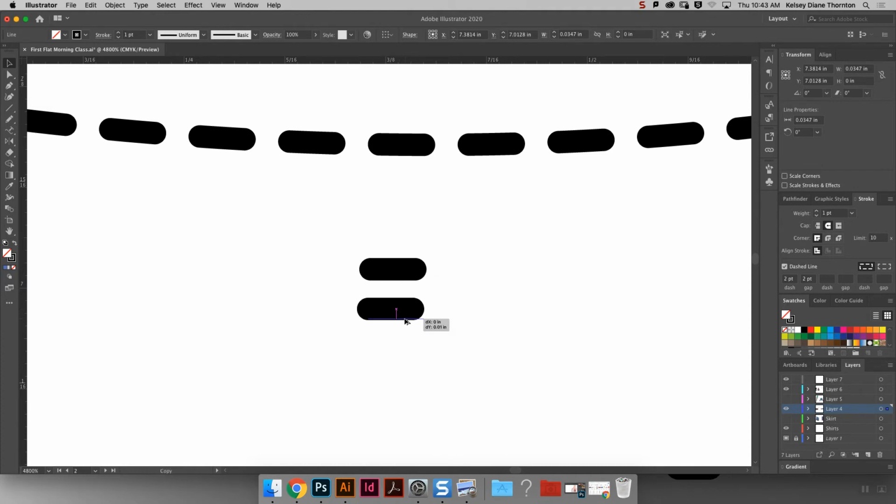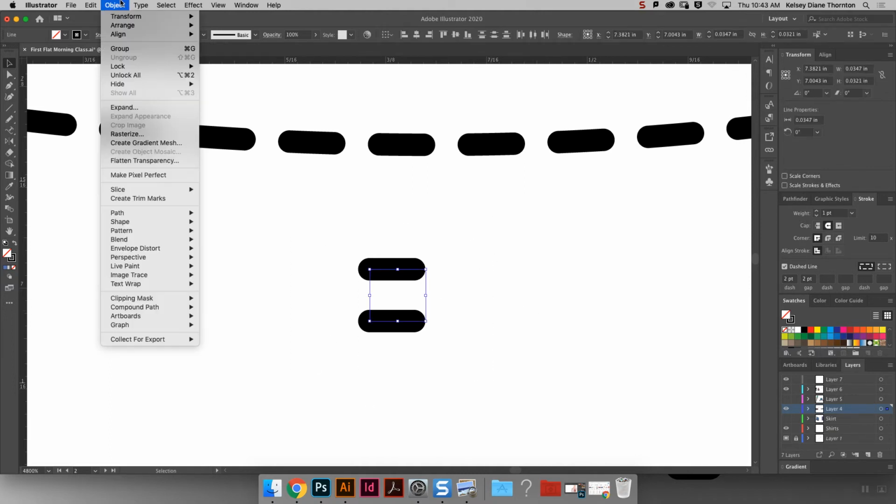until we think it's the right distance apart. And we're going to line them up. So again, I can select both and then choose vertical align center, or, well, no, horizontal align center. And now they're perfectly aligned. And now we can select them, and